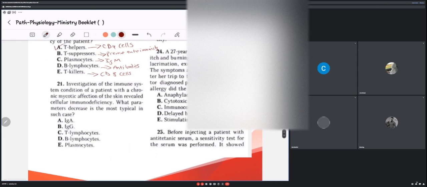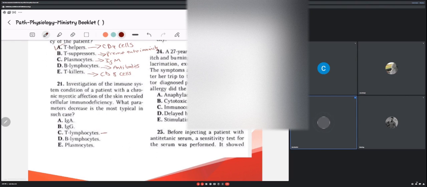Investigation of the immune system. Condition of a patient with chronic mycotic affection of the skin reveals cellular immunodeficiency. What parameters decrease? Decrease is the most typical in such cases. Is it T lymphocytes, since this is cellular? What option is that? I can't hear you clearly. She's talking about option C. Okay, why is it C? Because it is cellular